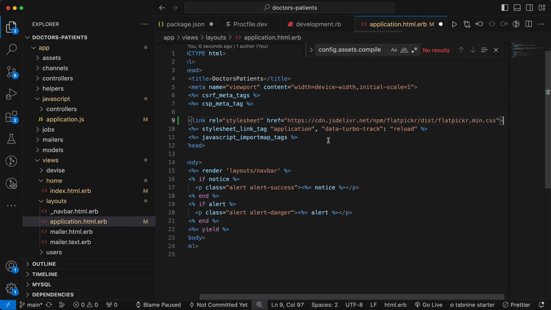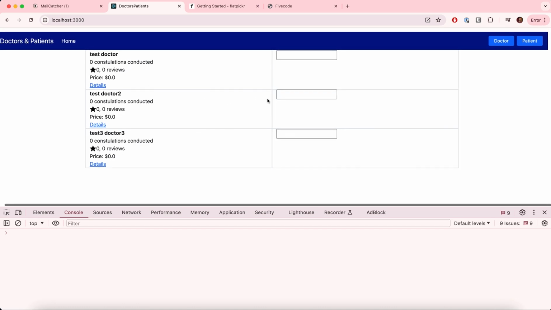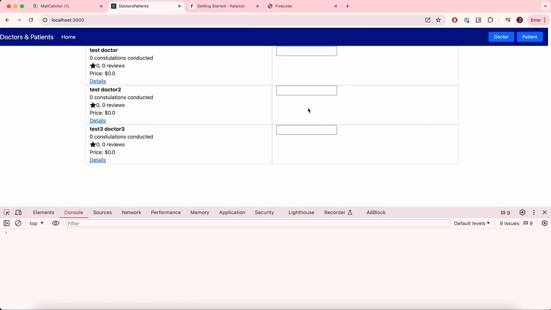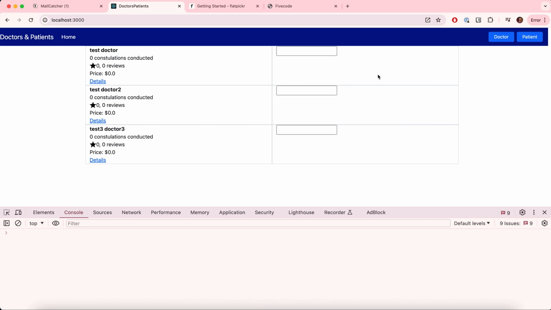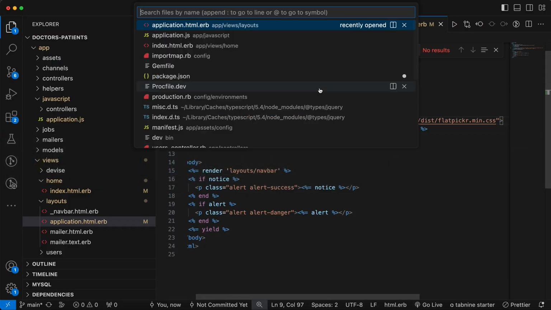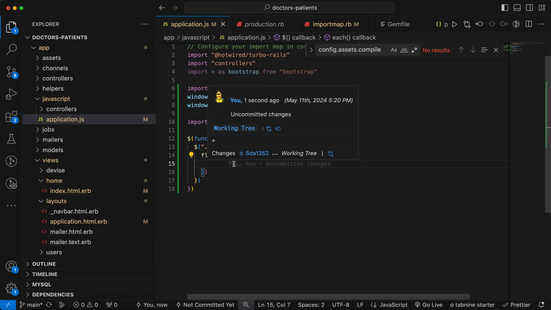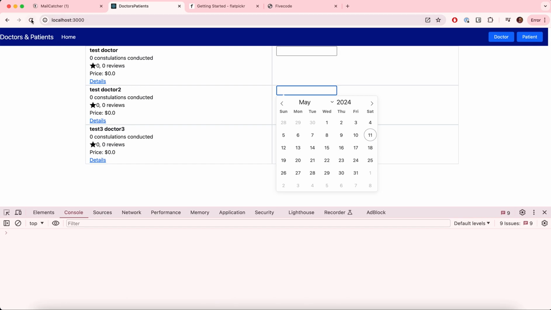Let's copy and paste it here, and then if we go back and refresh, you can see that this input field is initialized, but when we click on it, the calendar opens. We want to actually show the calendar inline without clicking on it. So we can add some configuration. Let's go back to our application.js file, and here we can add some extra configuration. For example, if I write inline and then true, and we go back and refresh,